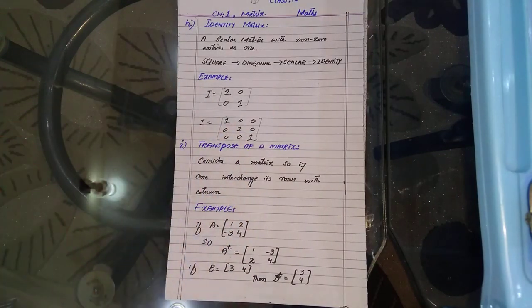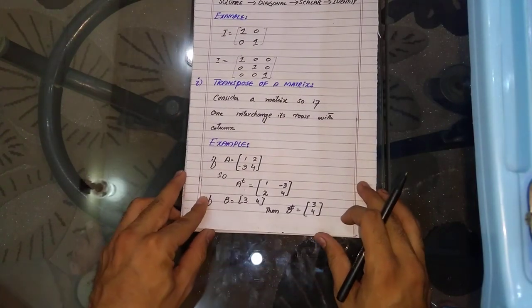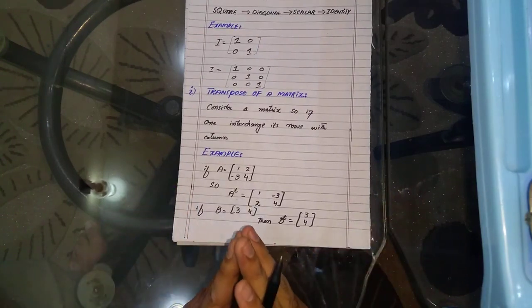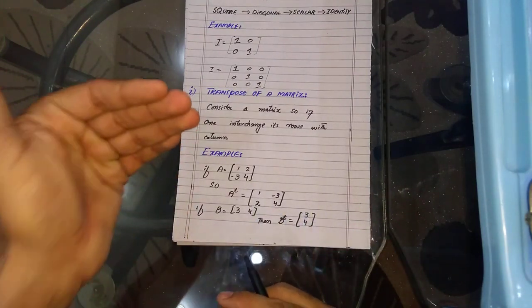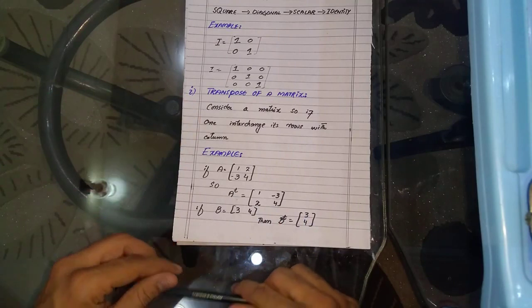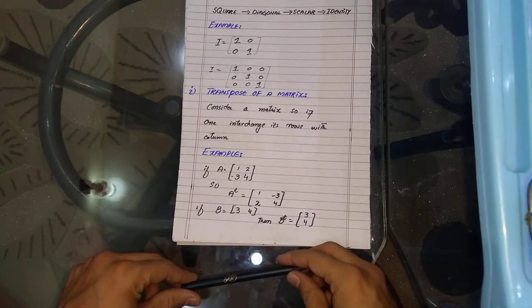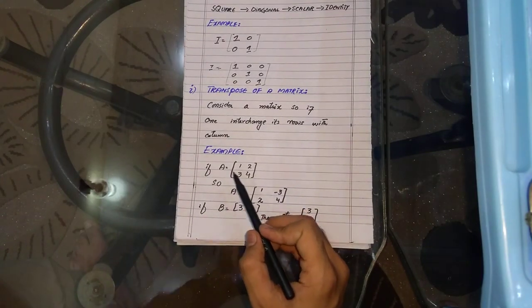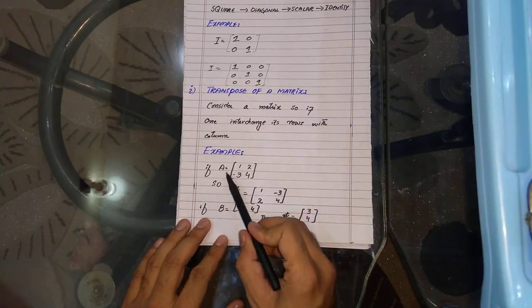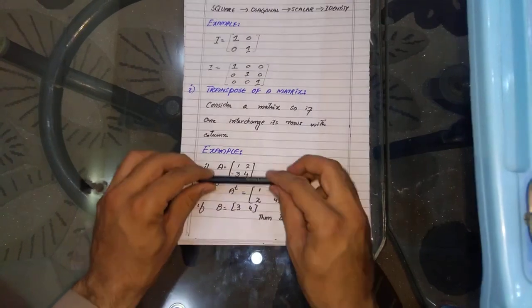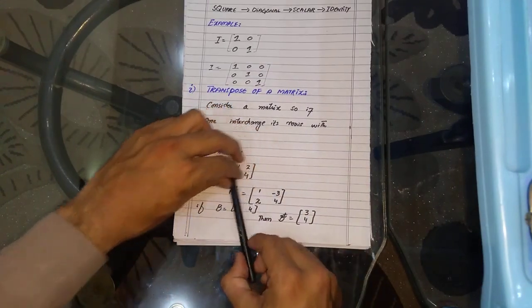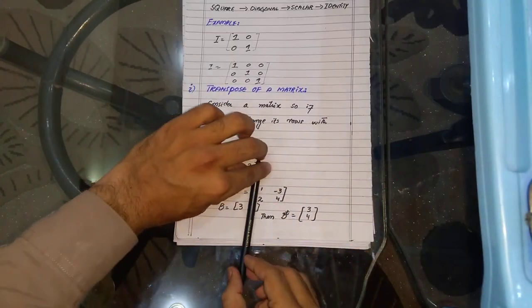Okay? Now, over to the next topic, that is transpose of the matrix. Now, what is transpose of the matrix? Student, interchanging the rows into column and column into rows is called transpose of a matrix. Look here, it is a matrix A. Now I am calculating its transpose. So this is row, I will change it to column. Look here, 1, 2, now 1, 2.